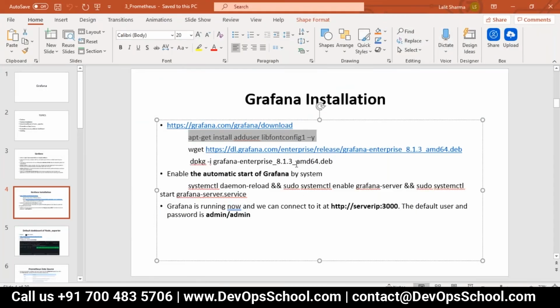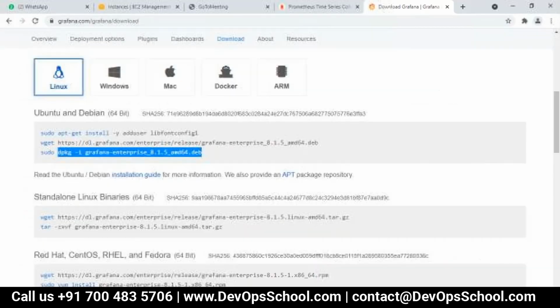Once this part is done, we are going to create a service. systemctl daemon-reload will reload all the daemons. Daemons in Linux means processes, so this command will reload all the processes. This will enable the Grafana server, and this will start the service.